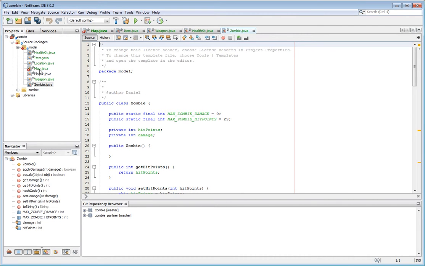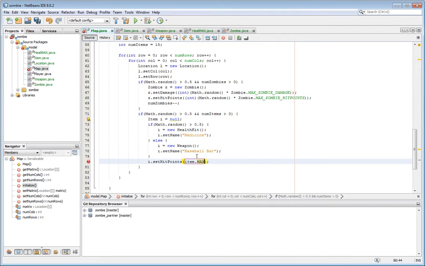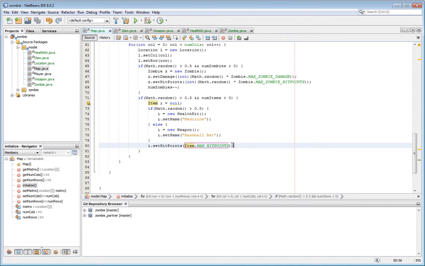No. Oh, this is not the item class. That was an instance of item, which didn't exist. There we go. Okay, and you'll run into that a lot, and that's why an IDE is so useful, because